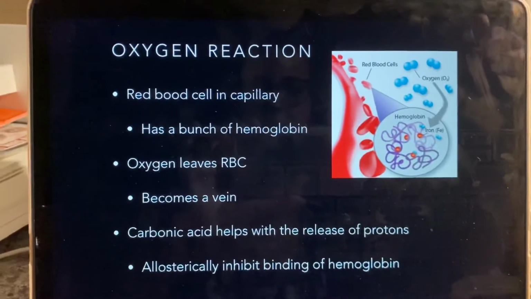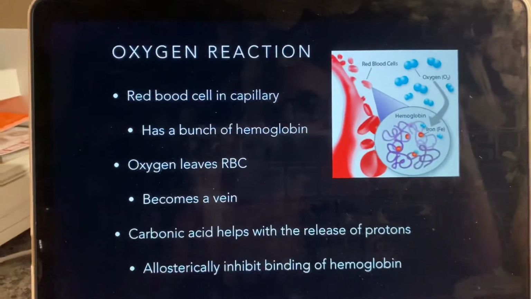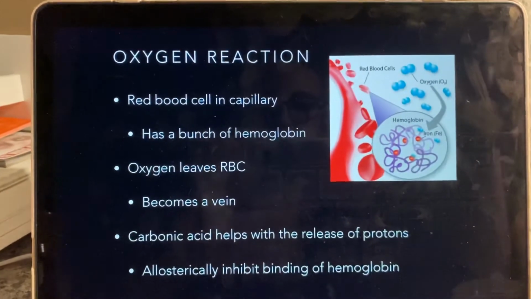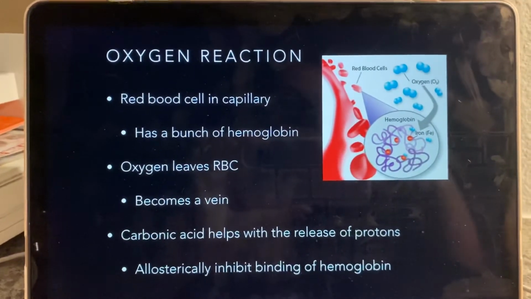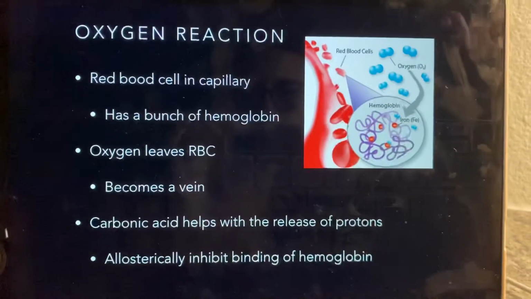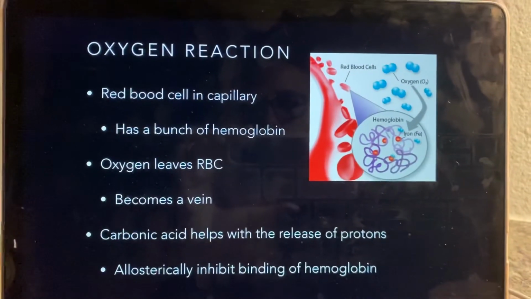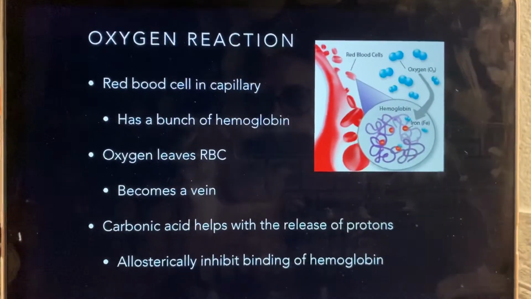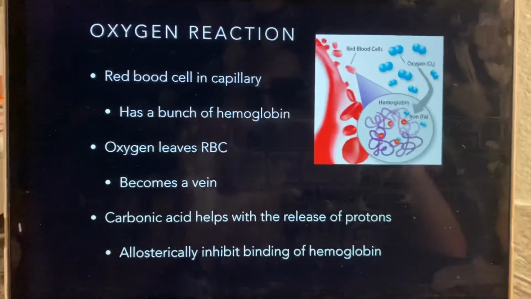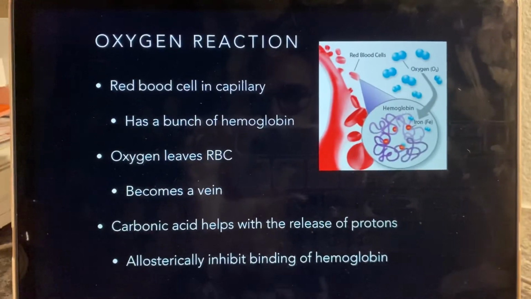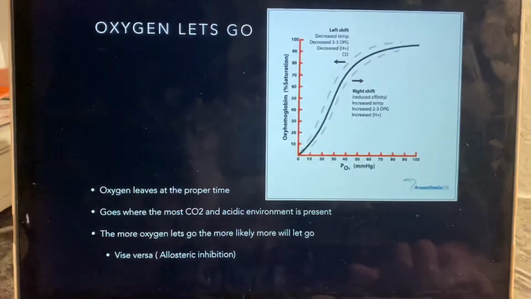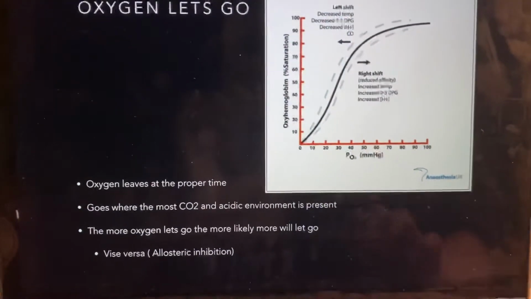So as the red blood cells distribute the oxygen into this more acidic environment with the protons, they essentially allosterically inhibit the binding of the hemoglobin to let the oxygen be dumped into that area, which allows for the distribution of the oxygen. So as the oxygen lets go,